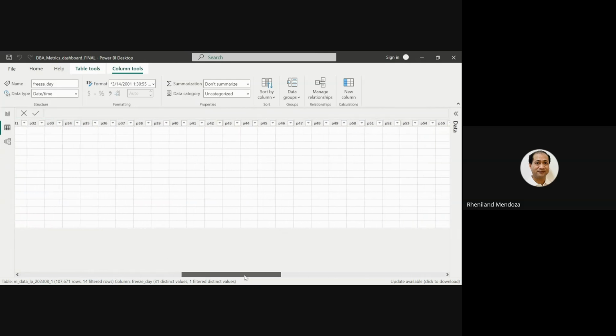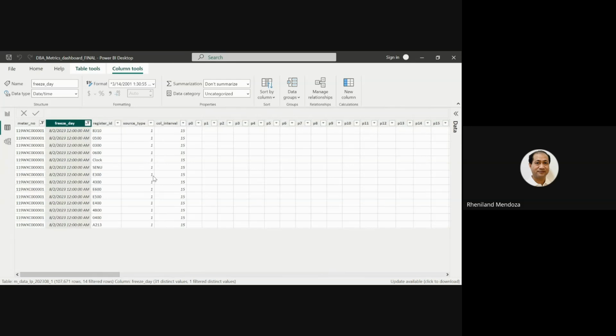As you can see, for a particular meter on a particular day, we have these types of register IDs, which I believe are duplicated in every other meter.